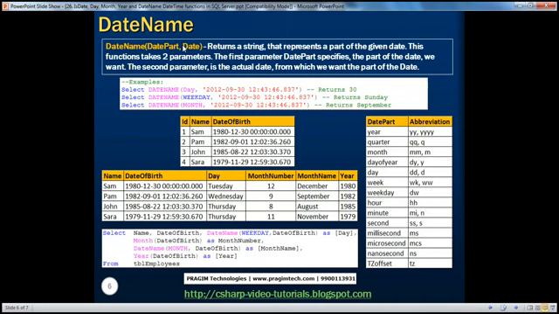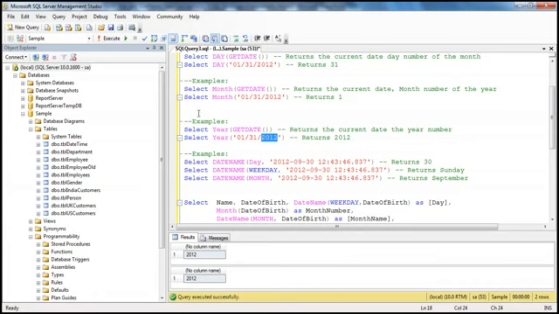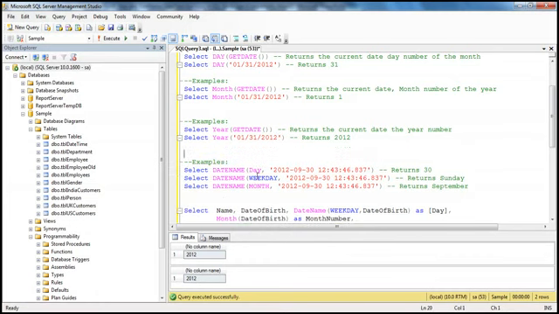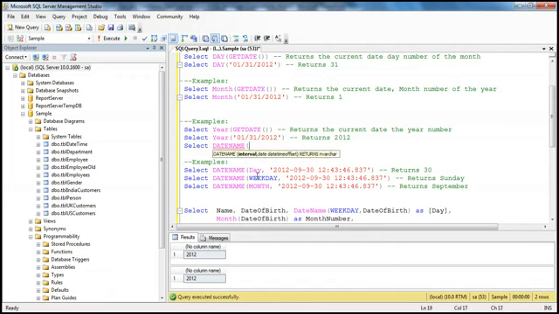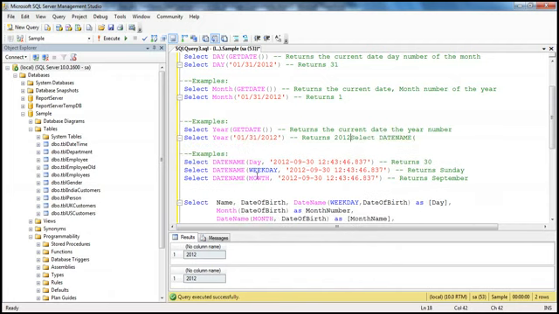DateName function, this is a very useful function. DateName function basically returns a string. Let's quickly prove that. So if you look at this here, select DateName. If you look at the function itself,